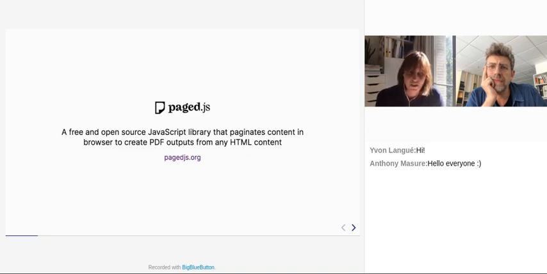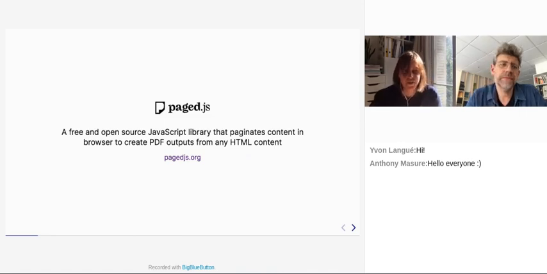It's a sort of polyfill for current browsers to support some CSS modules about page media and print, and I will explain this during the demo. Paged.js offers pagination and special features for printing or paginating documents, like for example page numbers, running titles,